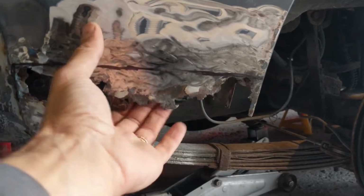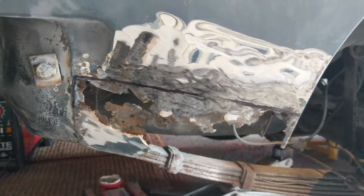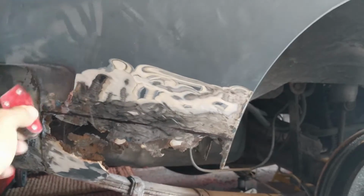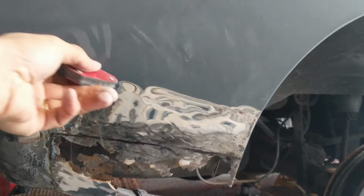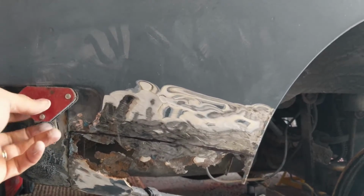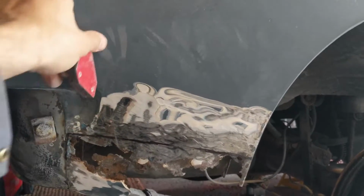Having said that, there's a lot of filler up there. Maybe I should see how high some of that filler goes. Oh, no, see that? Right, so we've got here. So that's okay. So we might have a bit of an issue around here somewhere. But I suspect it's just built up filler more than an actual hole, because if you look on this, where